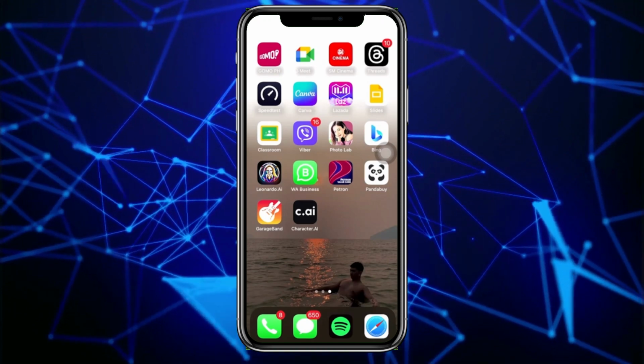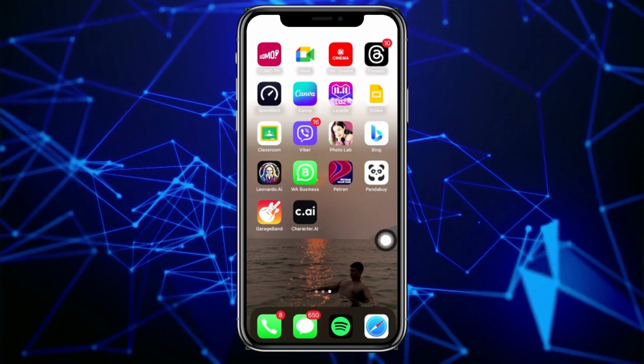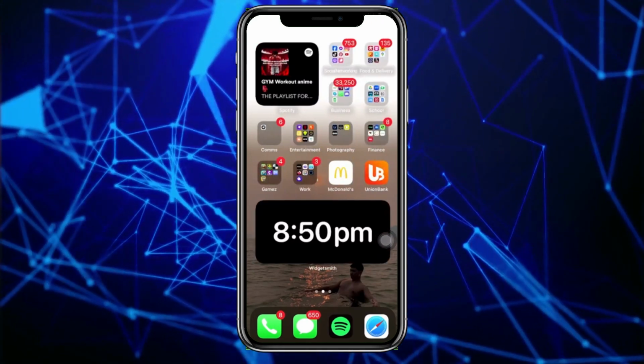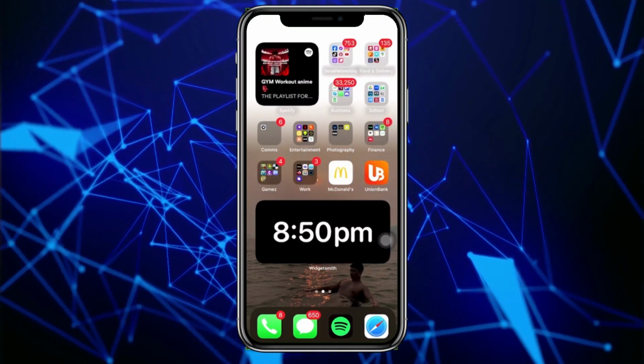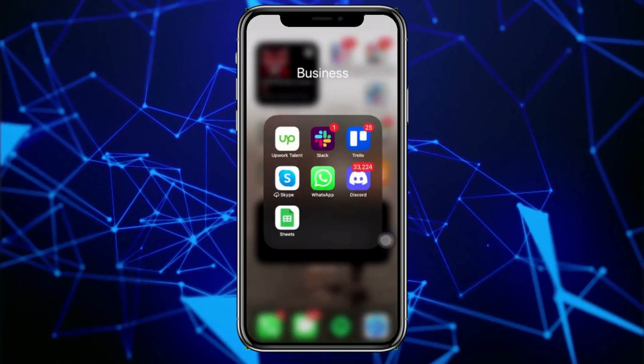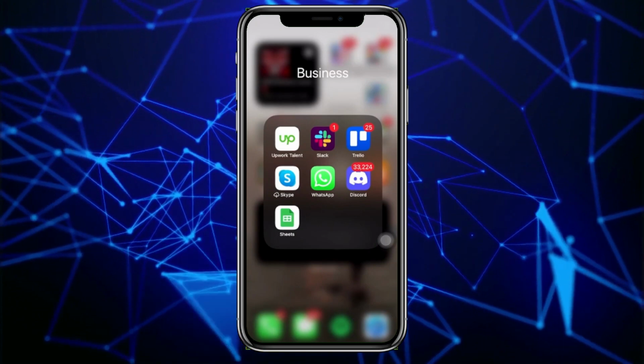So guys, what we need to do first is to go ahead and launch the WhatsApp application and double check if we still have that issue. Now, if we are still experiencing this issue, what we need to do is to double check our